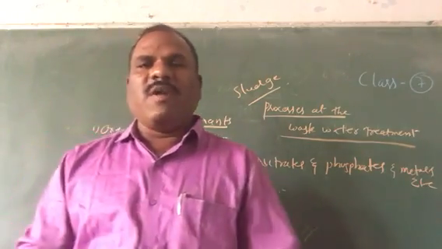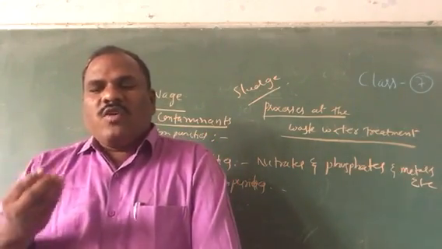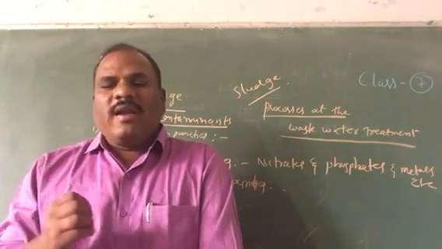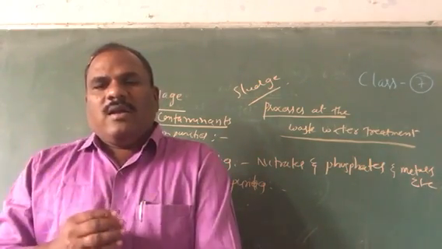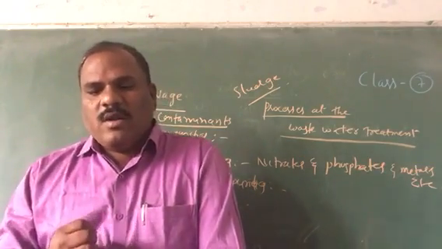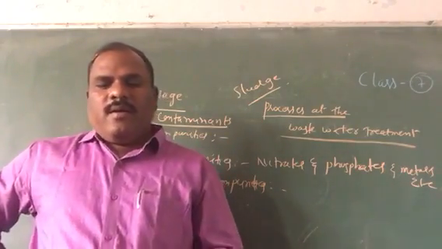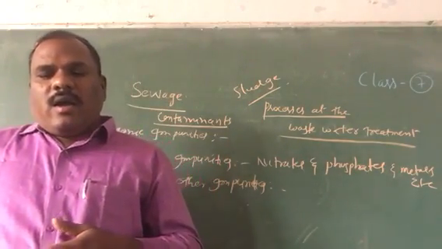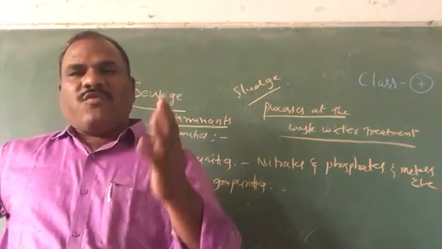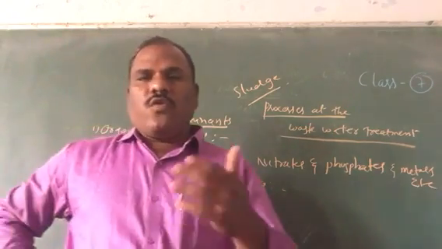With the help of a skimmer, floatable solids like oil and grease are removed, and then the water is cleared, which is called clarified water. The sludge is transferred to a separate tank where it is decomposed by anaerobic bacteria. The biogas produced in this process can be used as a fuel or to generate electricity. So this is the third step.